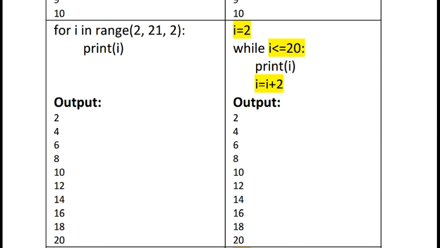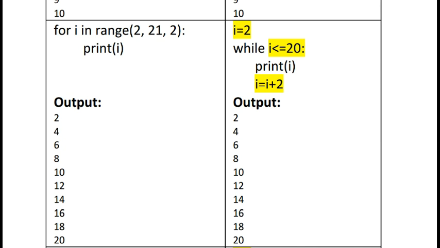Start from 2, then 2 plus 2 is 4, 4 plus 2 is 6, and when the value reaches 20 and then goes above 20, it will stop automatically in the for loop. So you can see the output: 2 4 6 8 10 12 14 16 18 and 20. But I want to convert this for loop into a while loop, so the highlighted part we can mention clearly. So i is equal to 2, as you can see in the for loop, 2 comma 21.